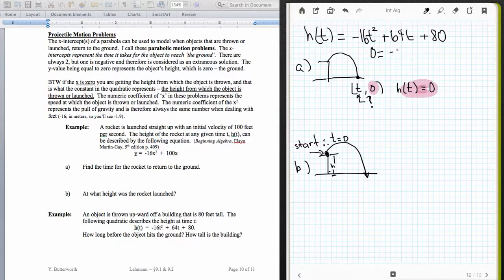0 is equal to negative 16t squared plus 64t, and then plus 80. So one thing that I would like to know is, can I factor out a GCF? Because I'm going to solve this using factoring. So negative 16, I need to know if I can factor that out of 80. If I divide 80 by 16, I'm going to get 5. So yes, it's going to be a GCF that I can factor out of here,